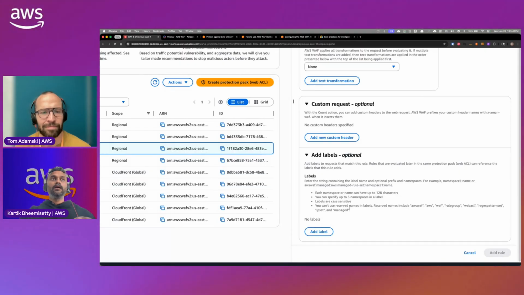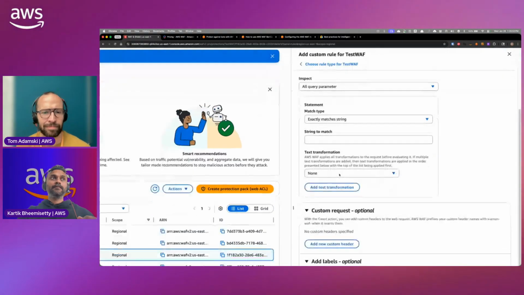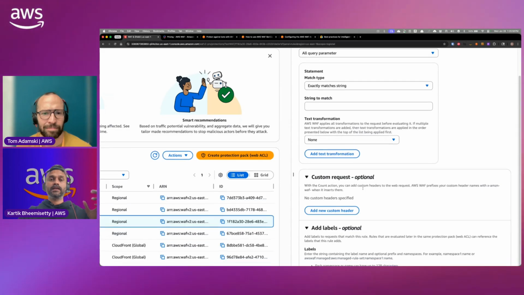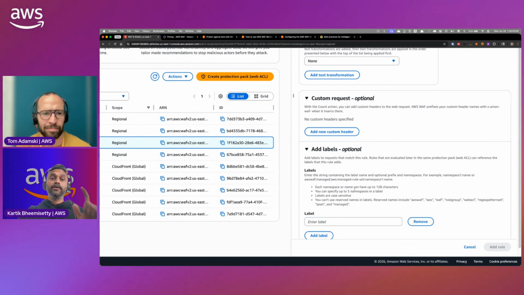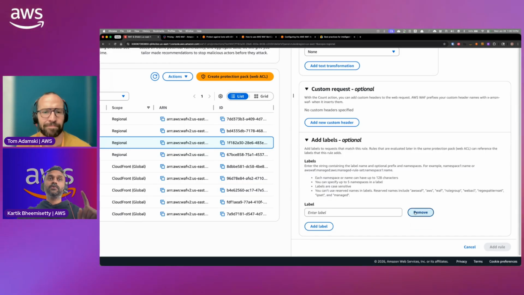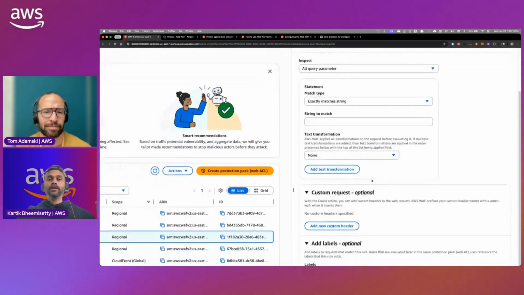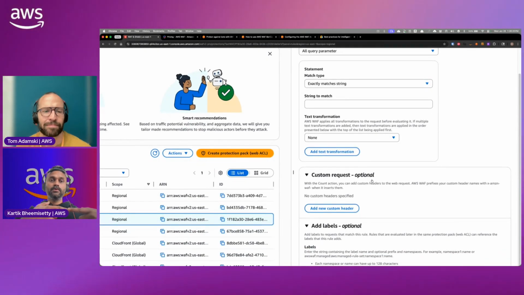So for label, you can define a custom label. For example, let's say this particular traffic is for a login page, and you're analyzing the request traffic with a particular regex pattern, and you find it suspicious. You can add a label saying, hey, this is suspicious traffic, but you don't want to make a decision to either block or allow immediately, right? So that's what count and labels are for. Remember, labels are applied to every request that matches a particular rule. You can find it in logs.